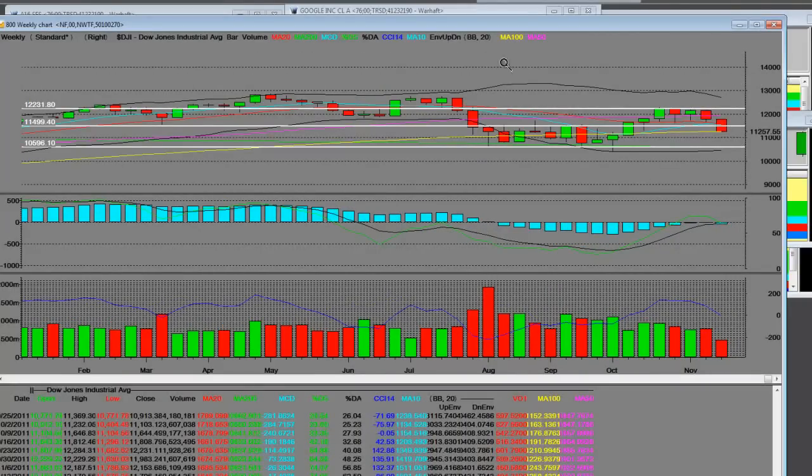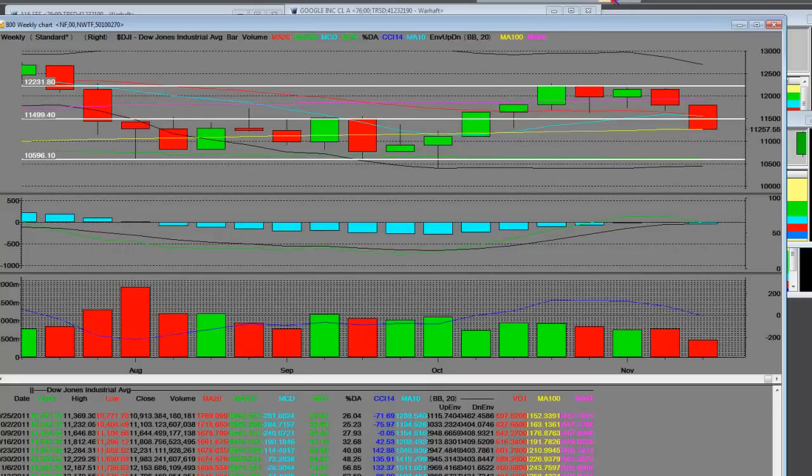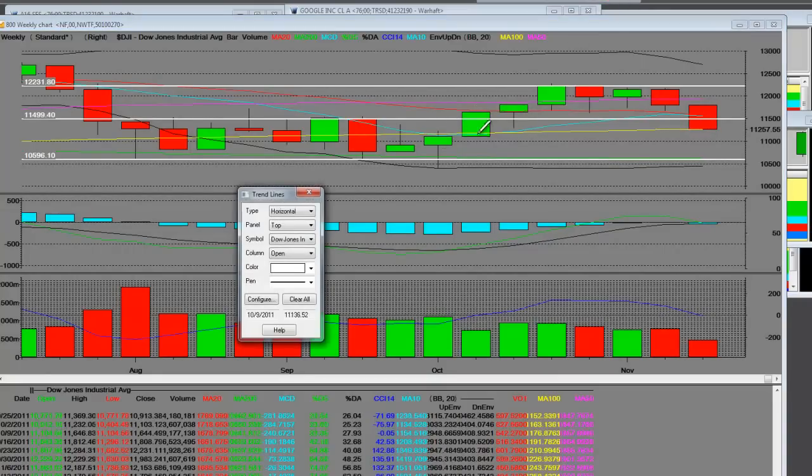It doesn't matter. What we are going to take a look at is the Dow Jones and the 100-week moving average. You can clearly see here that we had what we call a 1, 2, 3 weeks up before we went negative. You've got to count the gap up below that shoulder right there, and that's exactly what we did. And we got right up here at the peak of that 50-week moving average